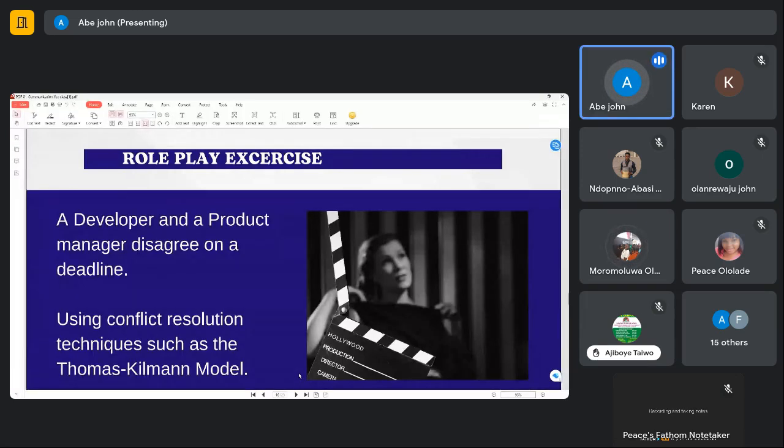Do you understand the role I asked the product manager to play? Do you understand it perfectly? Not really. I just raised my hand because I'm a product manager. Okay, I was explaining earlier that as a product manager, can you actually see my screen? Yes, I can see your screen. Okay. So I want you as a product manager to give Abasi James, who is a backend developer, a deadline which you know is not feasible.